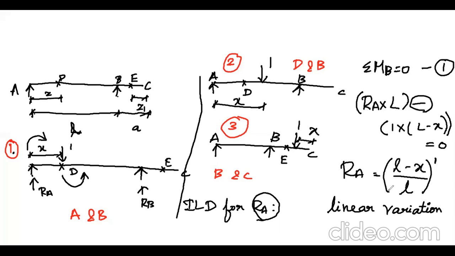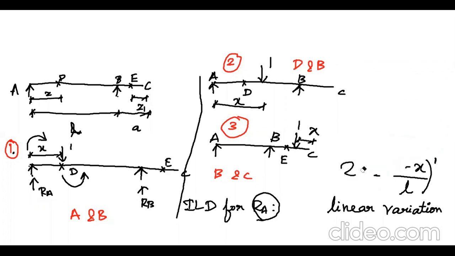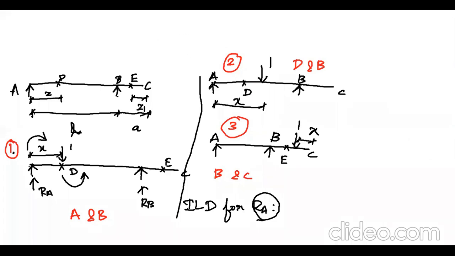Okay, so next what we are going to do is, this is for considering figure 1, that is condition 1. I have obtained this RA value. Now I am going to take the third figure, which means I am considering the load to move from the portion B to C. So now I have chosen the third figure. Whenever I take moment about this point B,